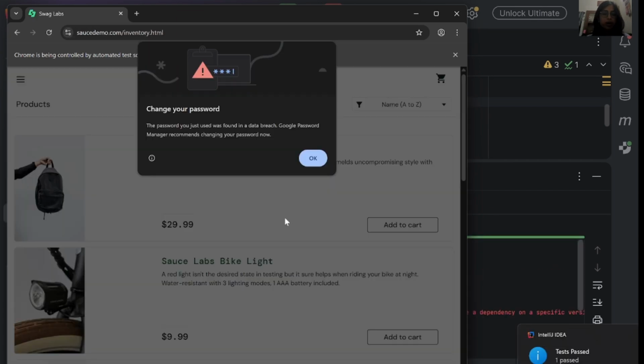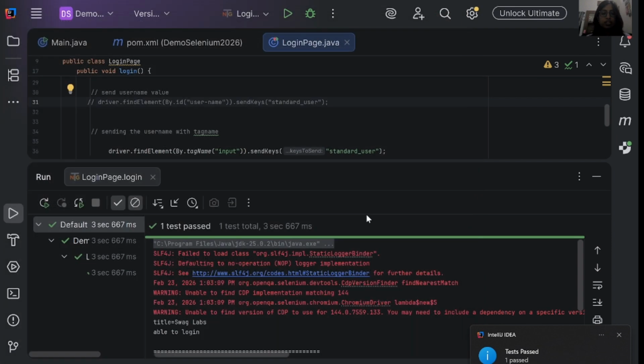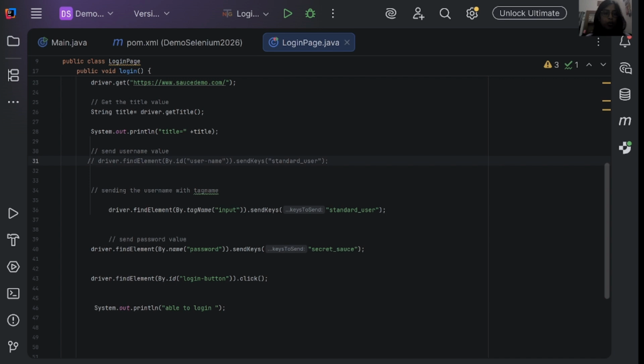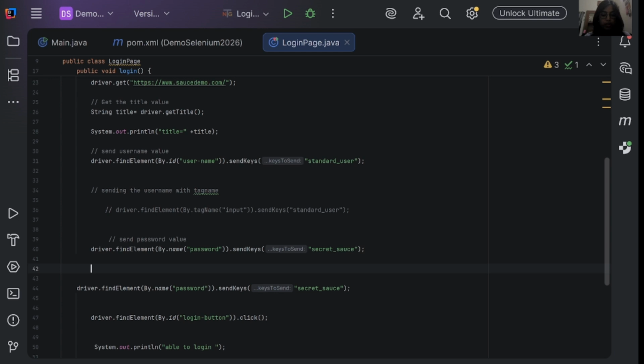It launched the browser and it logged in, so it is successfully logging in with this tag name. Now driver.find element for the password. Let's comment this and uncomment this. Now we will send the password here.